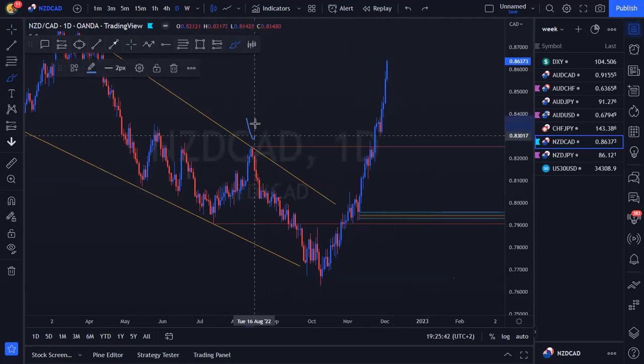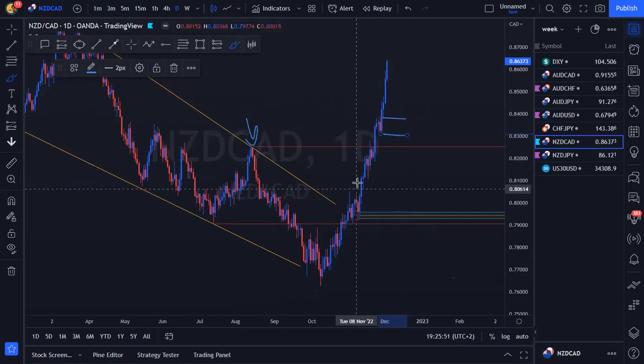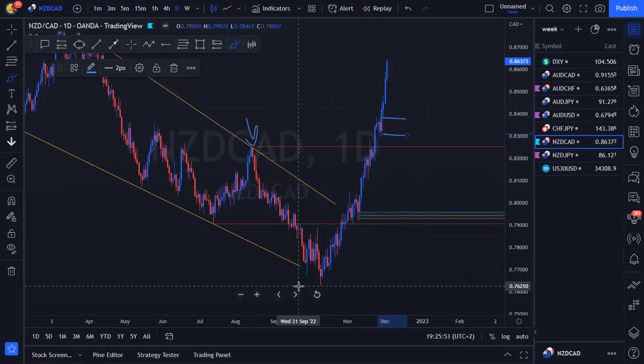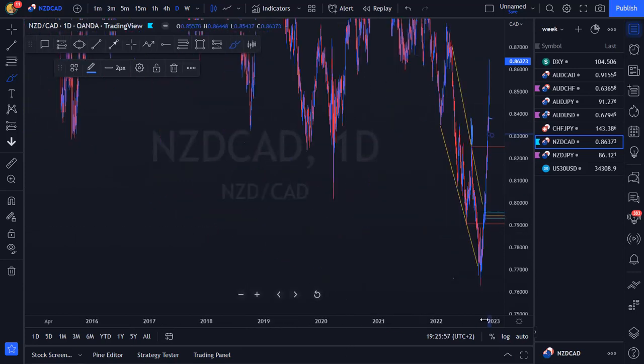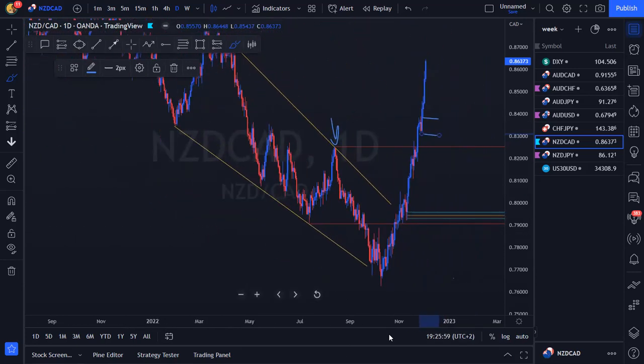But otherwise, we do have a new break of structure, new break of resistance, and we do have some nice POIs. On a daily, we can obviously see there's a nice bullish engulfing inside of here. And then I guess other areas where we might want to buy. This is way too far for us to try and look to continue. We don't look to enter the market while it's moving. We always wait for things to slow down. We wait for that corrective structure.